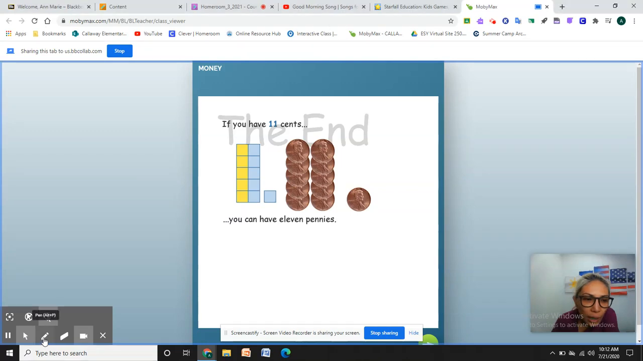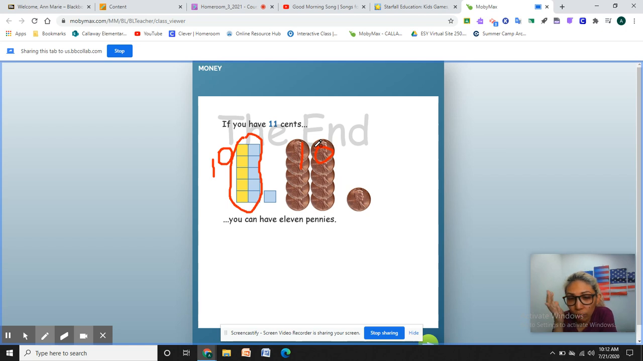This whole block right here is a 10, right? So that's a 10. It's the same as having 10 pennies over here. So you picture that in your head with your number blocks. This one is your 10, but these coins right here are also a 10. And this one little block is a 1, and you have one more penny. So if you add that up, that would be a 10